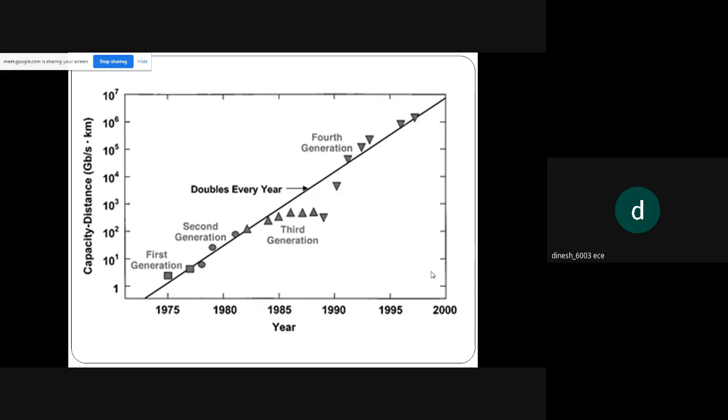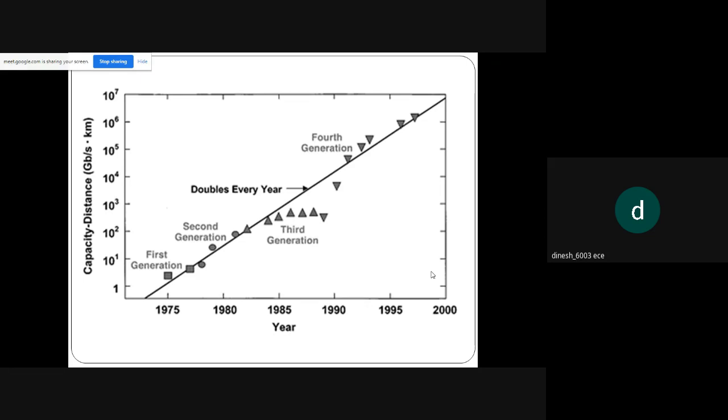optical communication started, and during the 19th century, the optical communication started with a good performance by the evolution of integrated chips. The integrated chips was the first basic fundamental, where the movement from transistors to ICs was being developed. In that case, the first generation started during the year 1975,